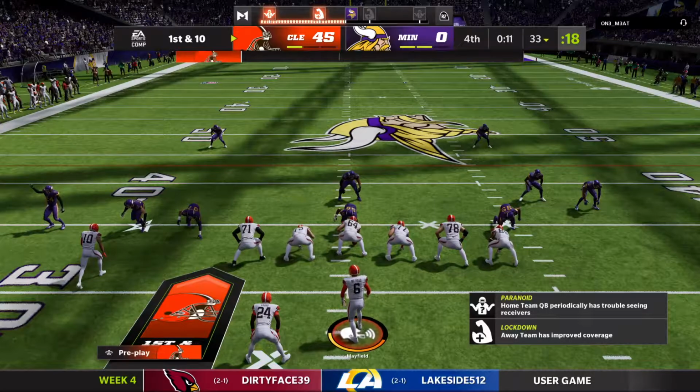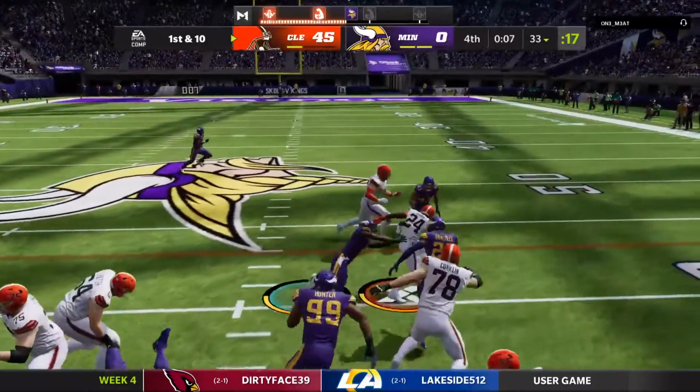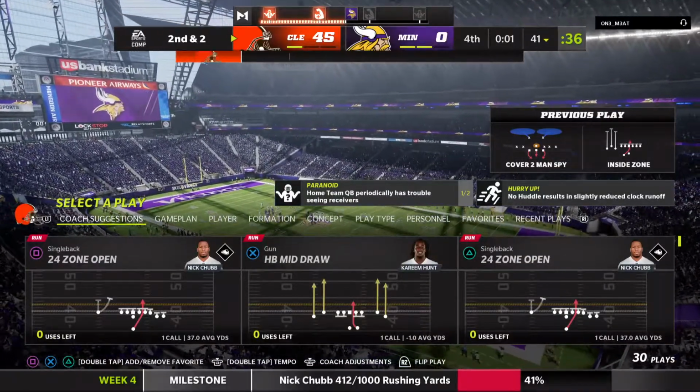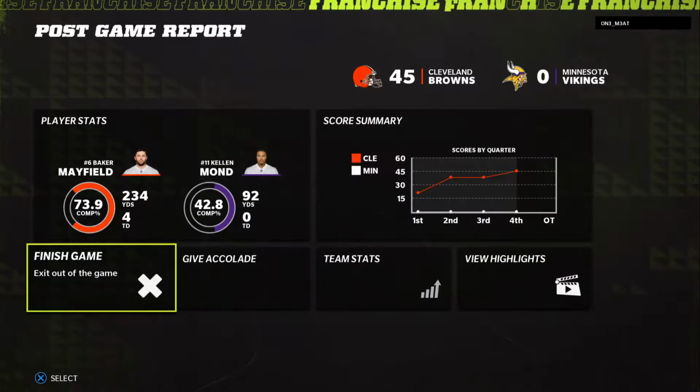Hey, alert. A run for Nick Chubb. And they'll get him down after a pickup of 8, 2nd and 2. Taken down at the 41. So Cleveland able to come away with the victory here. And I tell you what, Charles, this might be a